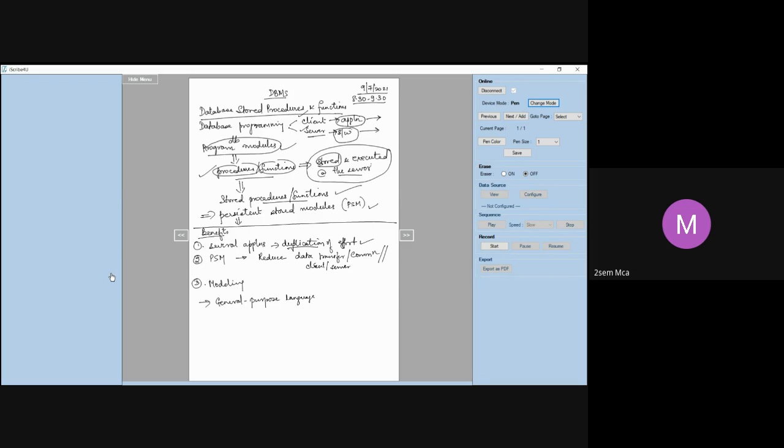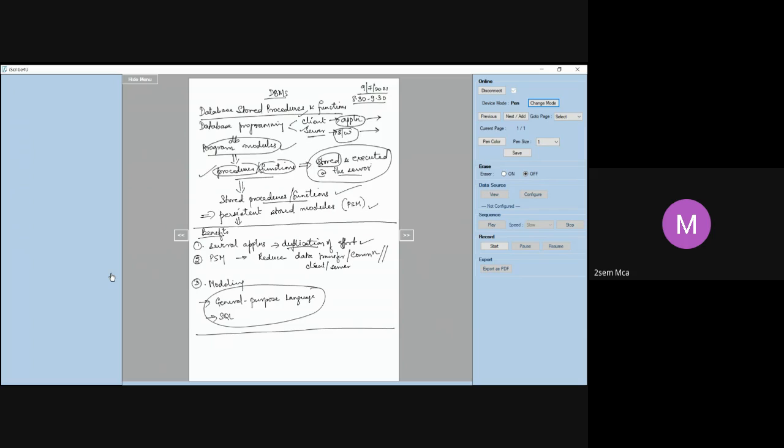Alternatively, you can also use SQL commands like retrieves and updates to write a stored procedure. There can be two ways of writing it. One using a general purpose programming language. Another, you can also write a stored procedure using SQL. You can use all your SQL commands like retrieves, updates, all that. So these are the benefits of using stored procedures and functions.